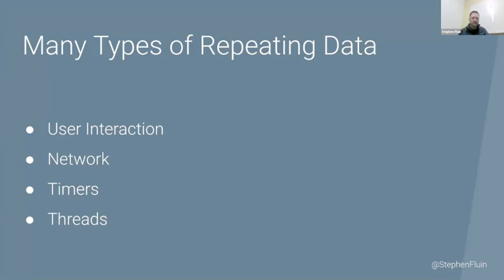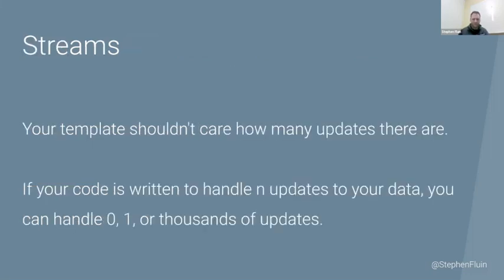And then we also are seeing more and more threading, where developers will put part of their application into a web worker or another thread so that they can do some sort of heavy lifting that then returns some sort of result that they are going to act upon. So observables are really important to think about as streams, where instead of having to update 0 or 1 times,